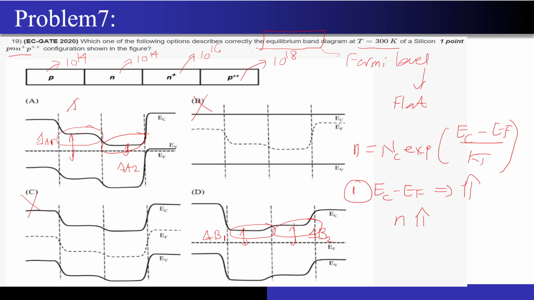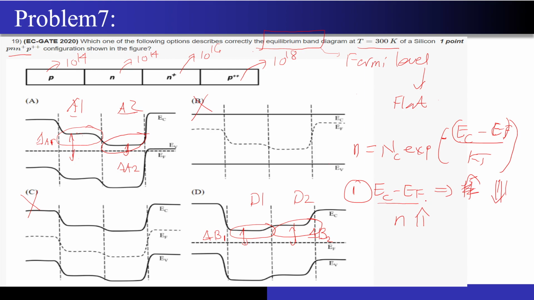So let me mark the region as this as A1, this as A2, this as D1, and this as D2, right? So now can you please tell me in which of these regions A1 and A2 the electron concentration will be higher based on this equation number 1 that I have written? Sorry, just a minute. This is minus of EC minus EF by KT. Sorry, minus of EC minus EF. Really sorry. So now based on this equation, if EC minus EF is decreasing, then your electron concentration will be higher. So the closer the EC with respect to EF, the higher the electron concentration will be, right?